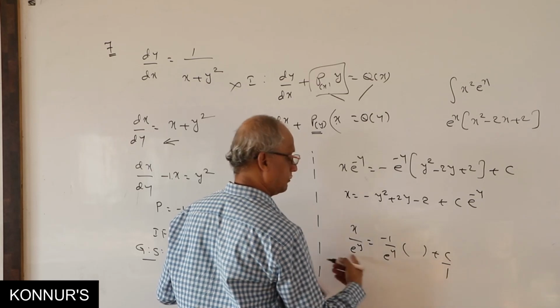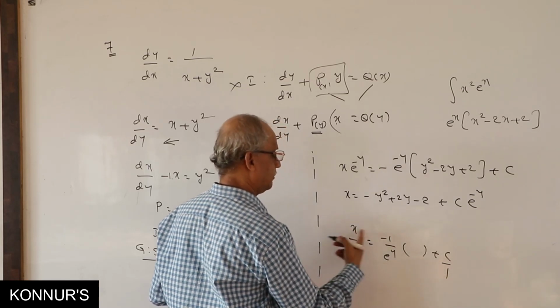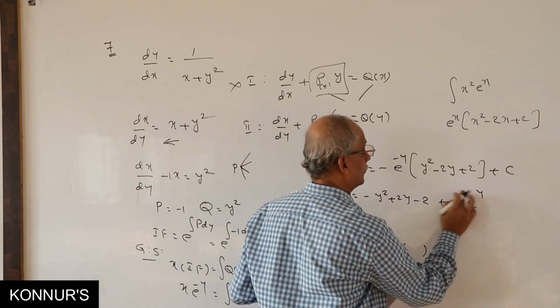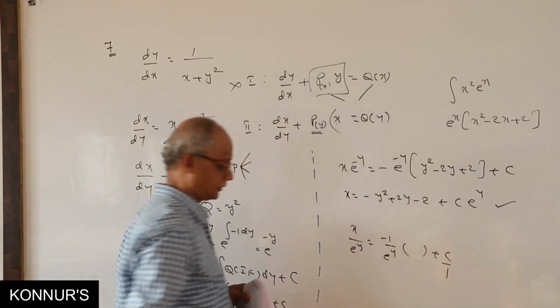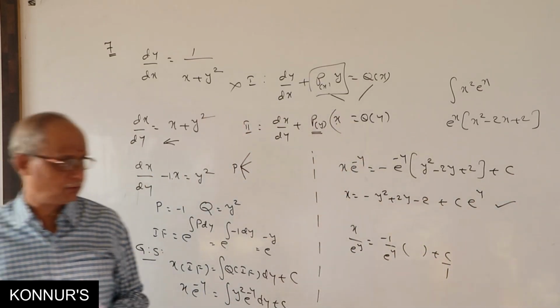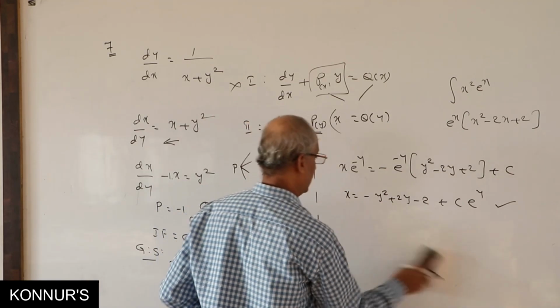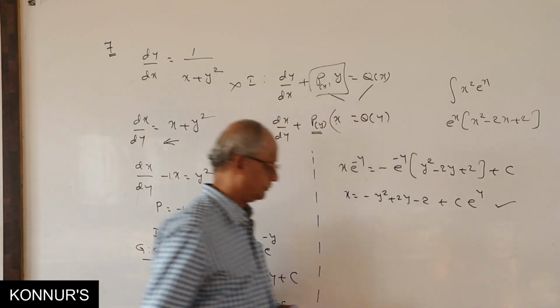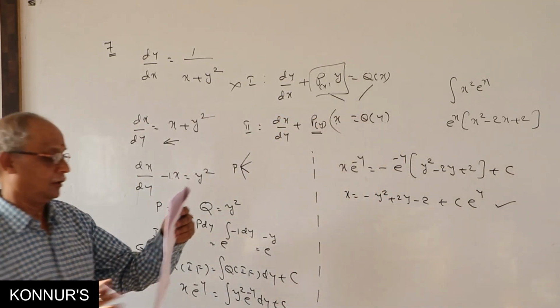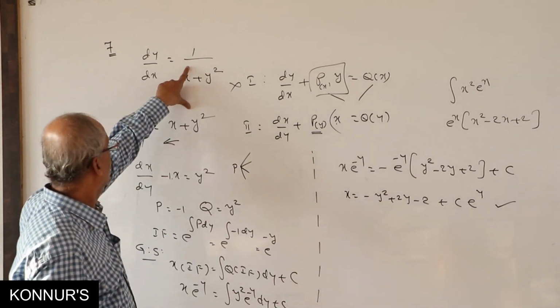E power y, LCM. E power y multiply, e power y multiply. Correct. Fourth option correct. That is checking. Before giving the answer, I am checking. Correct. D is correct without minus. So we are right. So overall, what is here? Remove the square.